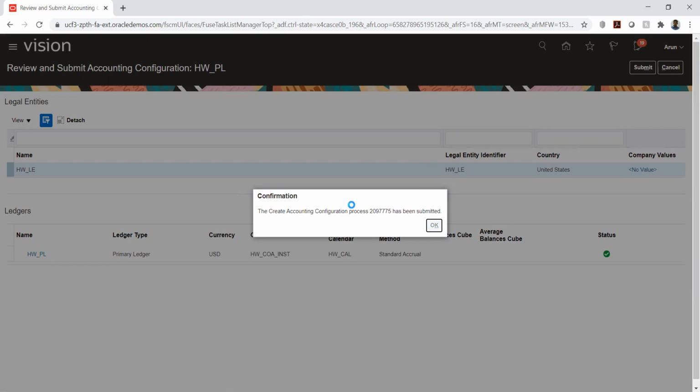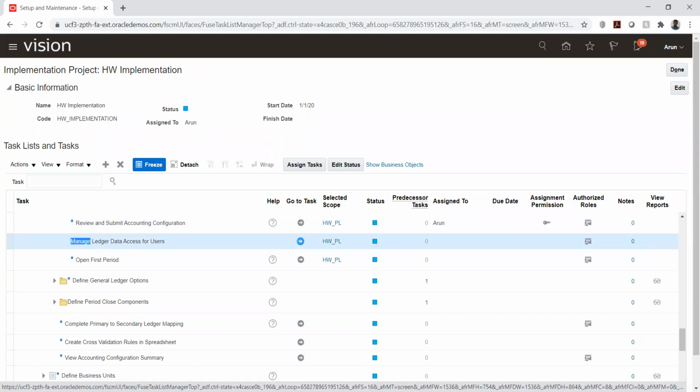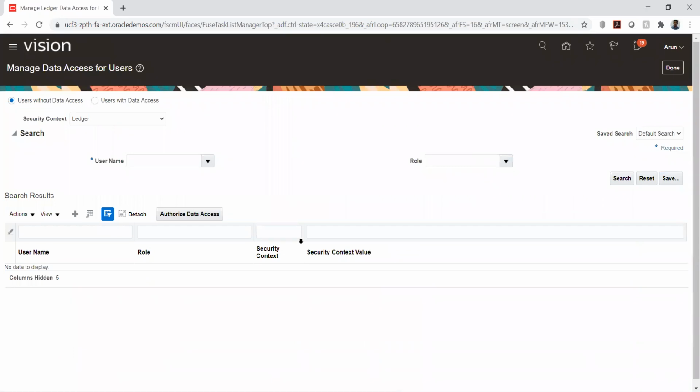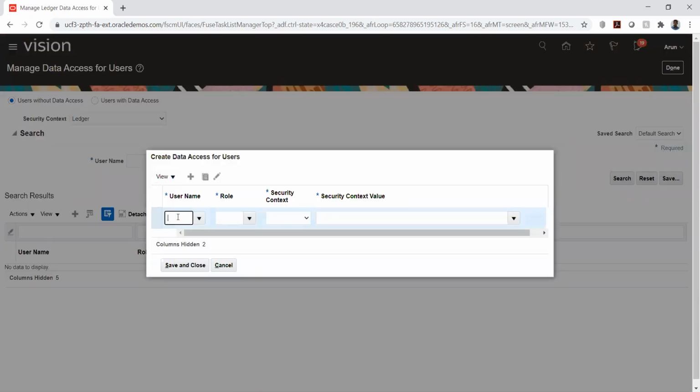So before this process, we will complete our data access. Basically, we gave the role of general accountant to the user. We saw that role we assigned during the user creation. So here, what I should do is enable the ledger. I have given the role called general accountant for the user account, I mean Arun. So I will take the general accountant here, and I will set the context as data access.